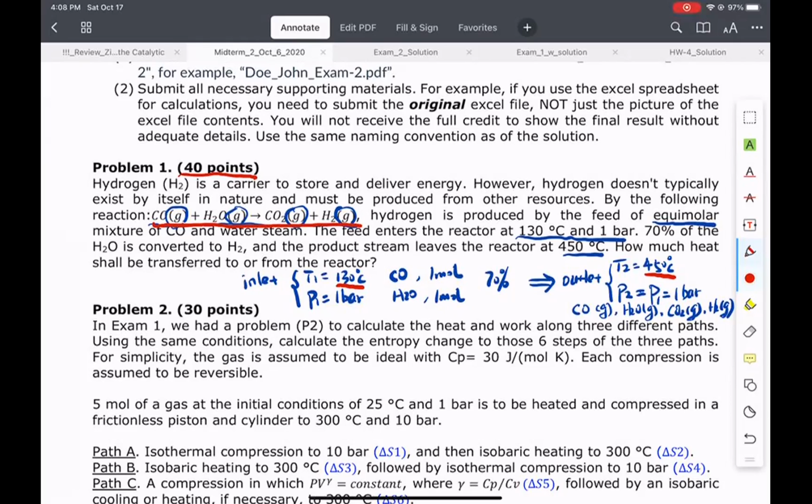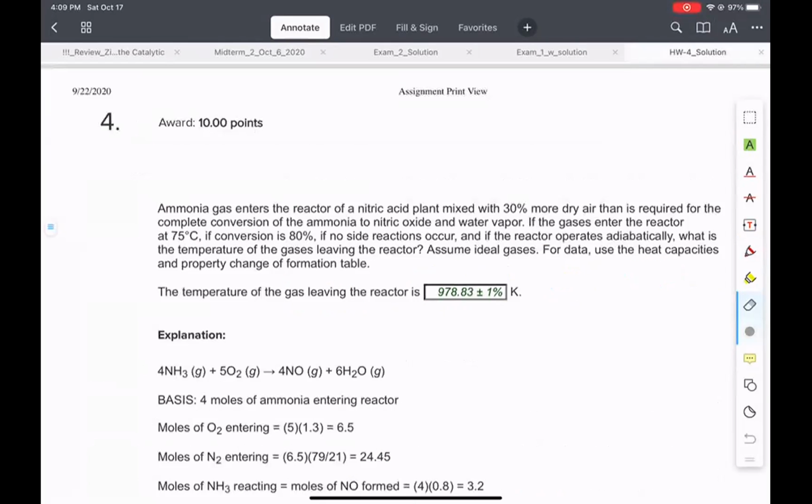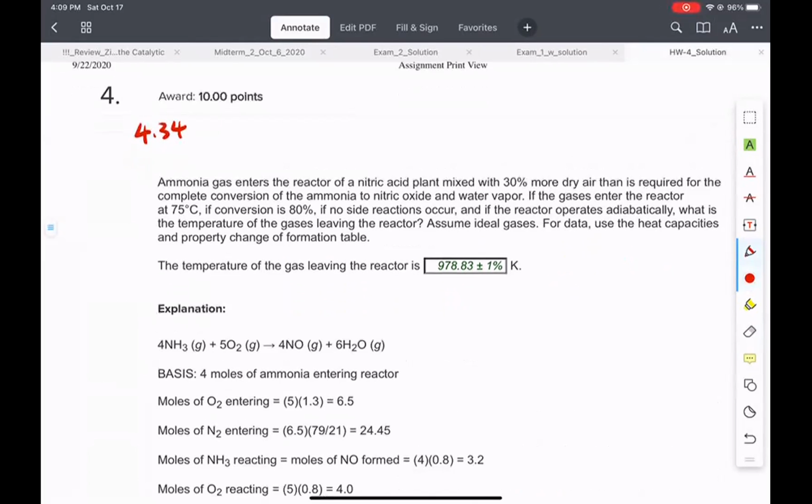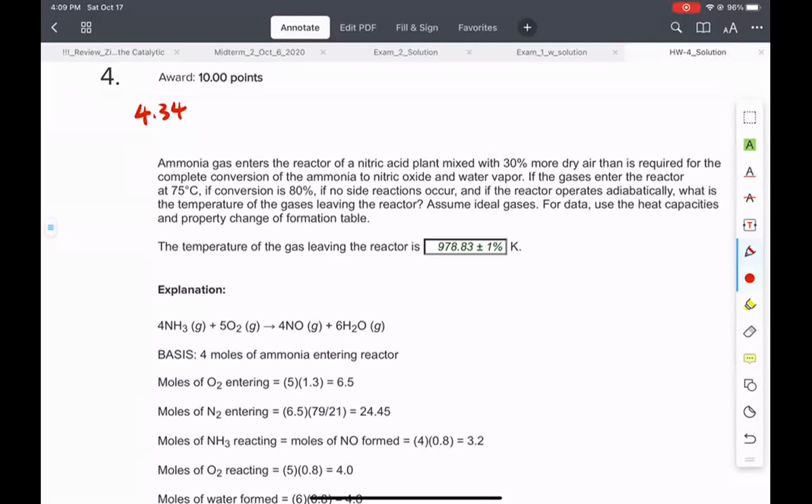So here is my textbook. If I look at homework assignment 4, problem 4, which corresponds to textbook problem 4.34, there you can see that we need to calculate with ammonia gas into the reactor,